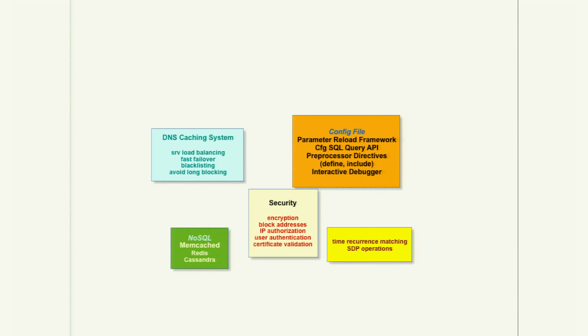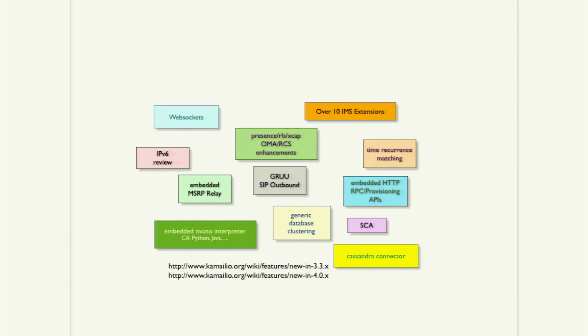So we have also a DNS caching system that could be interesting. It's practical for doing DNS-based load balancing and DNS-based failover, because we have to cache the result and try the next one if you do routing based on DNS, not on our internal modules. We are also having a lot of options for you to build a very secure system, from encryption, starting with TLS, to protect against attacks, detect them, parse the SIP message and be sure it's well formatted so you don't send it to the next hop and they discover it's something